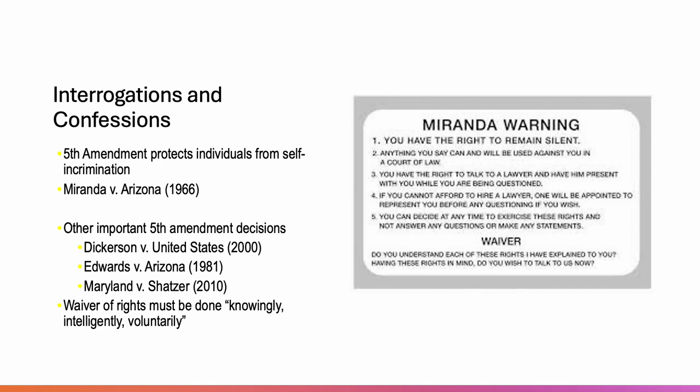Miranda was never told of his right to remain silent or of his right to have an attorney or any of these other things. And so he objected in a written copy that the confession and the evidence at trial were all done outside of the legal process. The objection was overruled, and Miranda was convicted of kidnapping and rape, at least in part because of the written confession, and he was sentenced to 20 to 30 years. An appeal process happened, which we're going to talk about later on in the upcoming weeks when we get into courts.